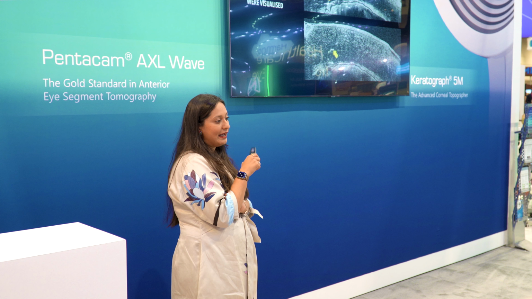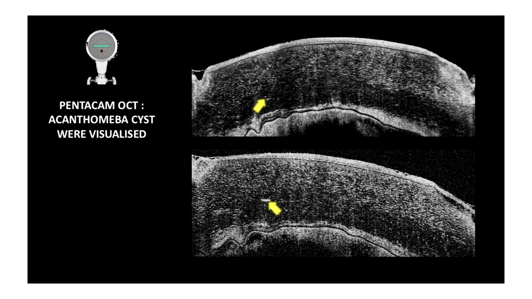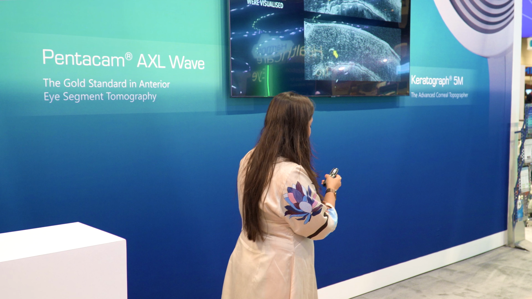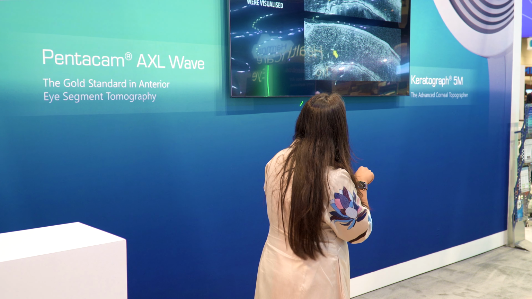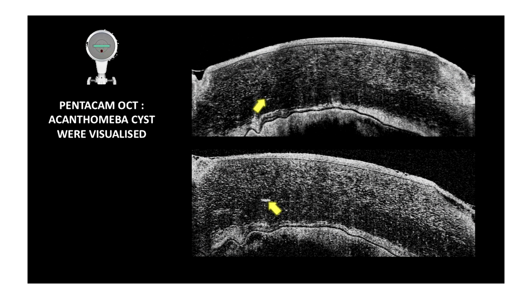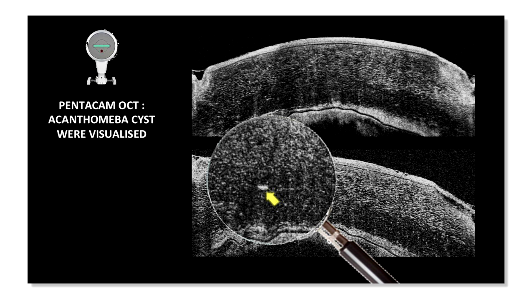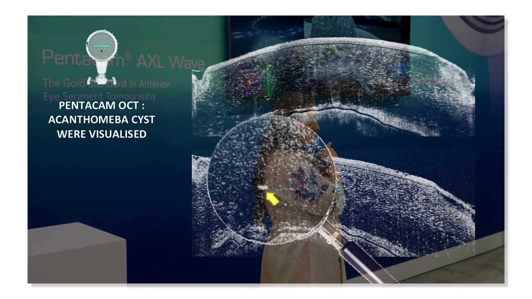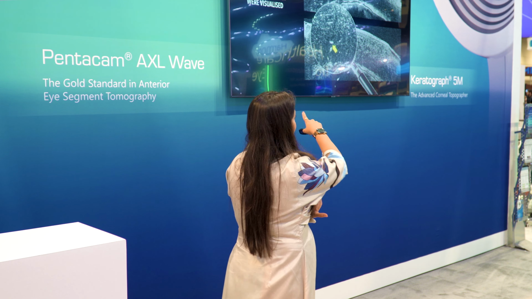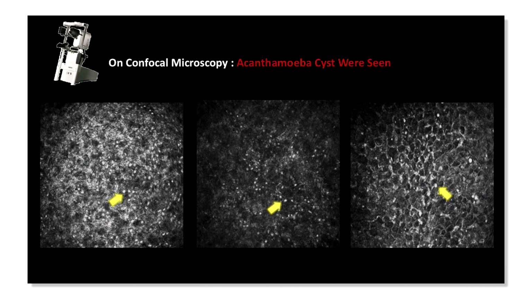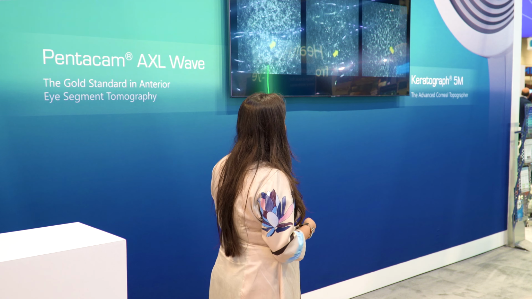So one day we got a question from the Oculus team: do you think you can actually see those cysts on an OCT? So we started scouting for these patients, and this is work in progress. But for the first time, we can actually see, at the yellow arrow, cysts and trophozoites, which are less than 3 microns at times, or even less than 5 microns, but you can actually pick them up. So it's a non-invasive test, and in spite of the infection of the graft, you can still see the cysts below it. When we did the confocal microscopy for these patients, we could confirm that what we were seeing on the OCT was there on the confocal microscopy as well.